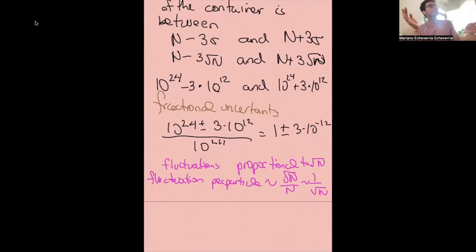If you only have 10 particles, then this doesn't hold, right? Because square root of 10 is very comparable to 10, so you really have to be careful. But once you're talking orders of magnitude, high powers of 10, it's so small that almost all the fluctuations go away. They're almost imperceptible. At the beginning it can seem very counterintuitive, but from a different angle, it's almost nothing.